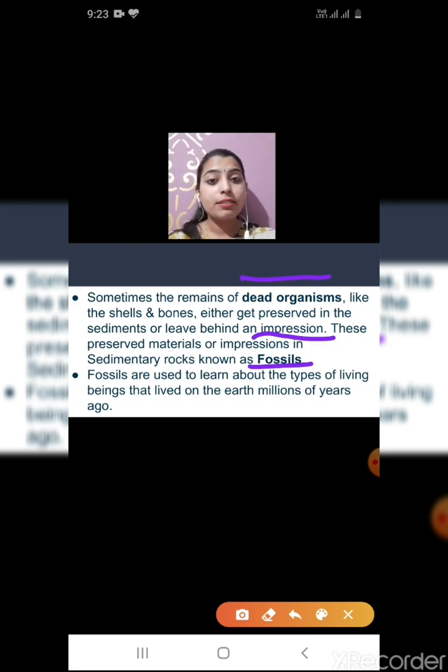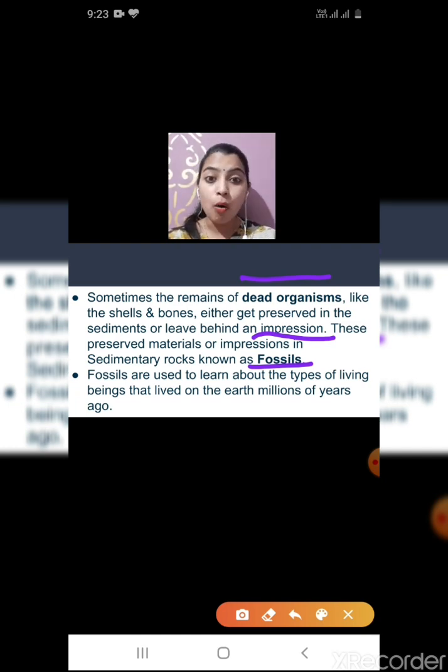These are preserved as materials or impressions in sedimentary rocks, which is known as fossil. And fossils are used to learn about the types of living beings that lived on earth millions of years ago. Let's take an example of a dinosaur. Everybody says that millions of years ago on earth dinosaurs were there, but they are not now, they are